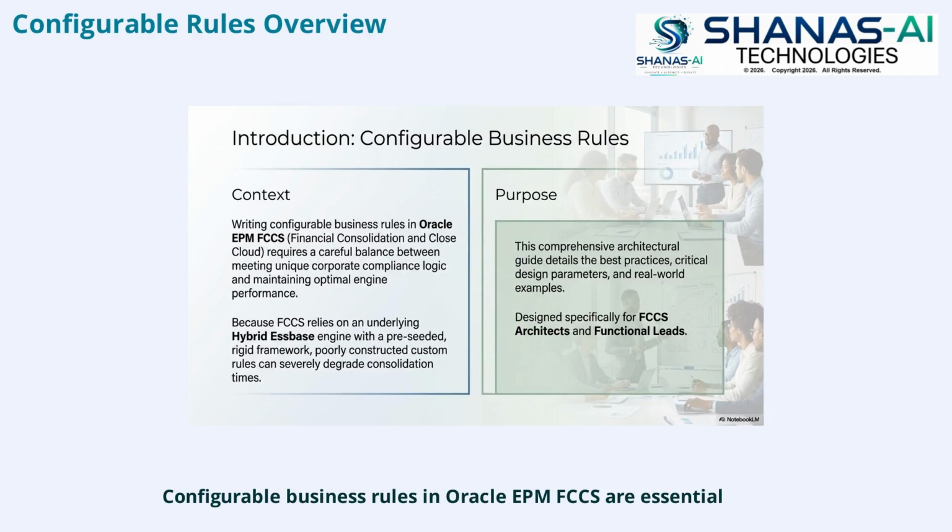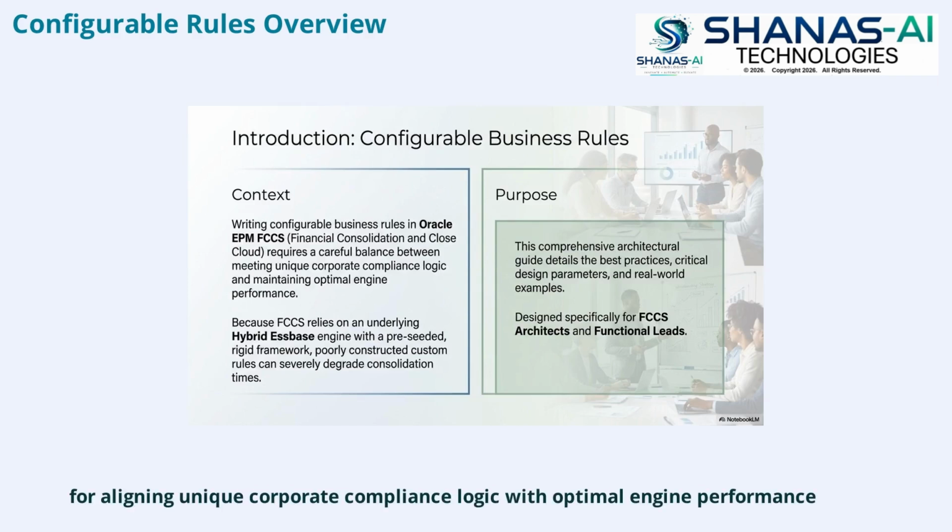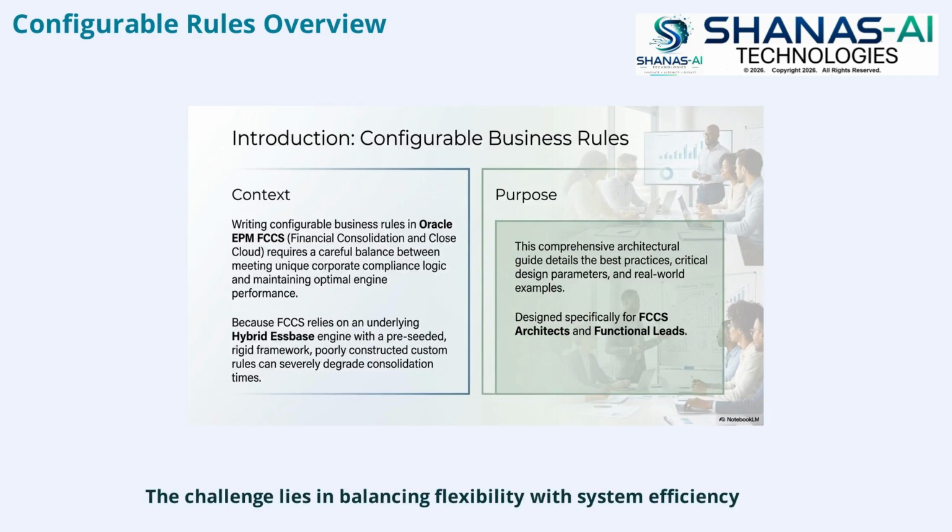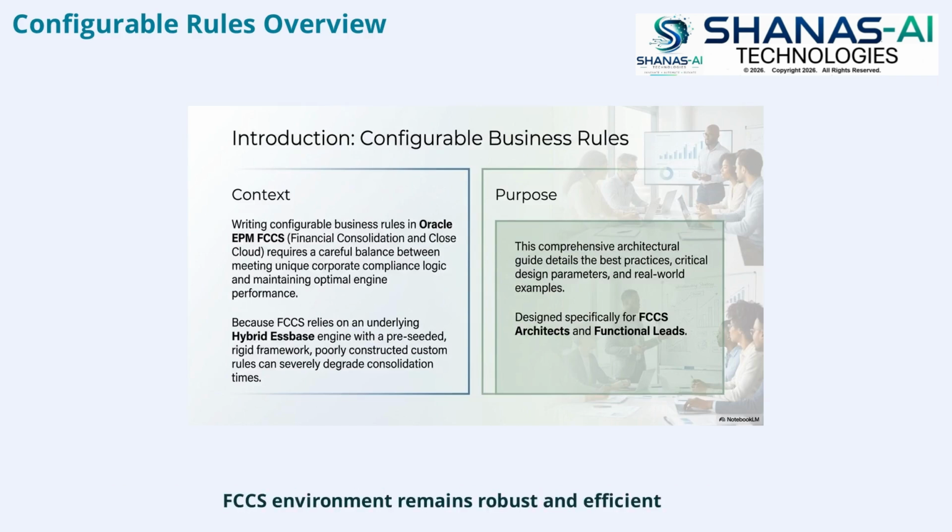Configurable business rules in Oracle EPM FCCS are essential for aligning unique corporate compliance logic with optimal engine performance. The challenge lies in balancing flexibility with system efficiency, especially given FCCS's reliance on the Hybrid Essbase engine. Poorly constructed rules can severely impact consolidation times, making it crucial for architects and functional leads to follow best practices. This video will guide you through architectural strategies, coding hygiene, and practical examples to ensure your FCCS environment remains robust